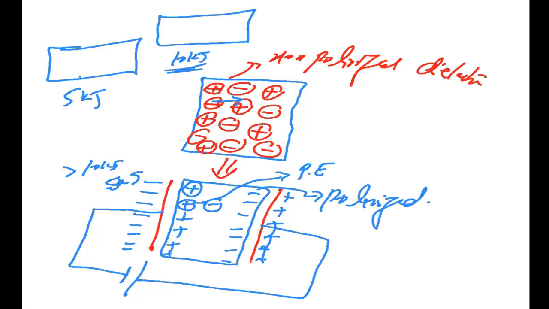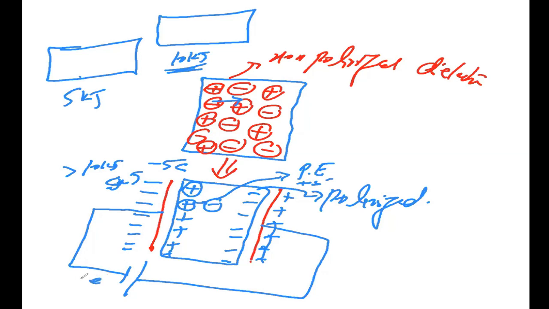Now let's say this plate only has the ability to take 5 coulomb charge. So this will take plus 5 coulomb charge, and this will be minus 5 coulomb. One electron will come over here and this plate will store it. The second electron, this plate will store. Third electron, this plate will store. Fourth, this plate will store. Fifth electron, this plate will store that electron.